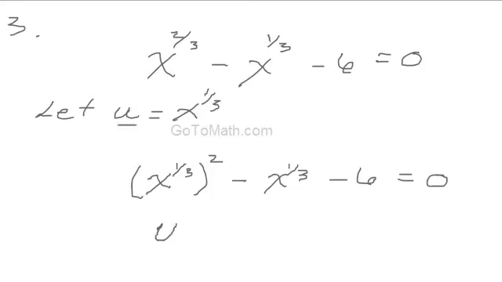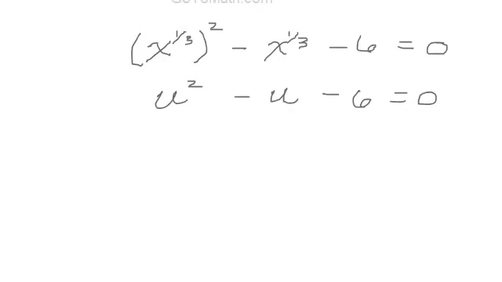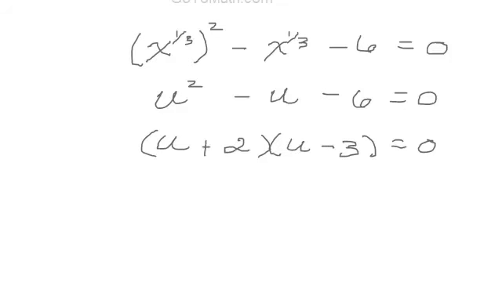Okay. So we're going to let u equal x to the 1/3. So let's go ahead and do that substitution. So this is u right here, squared minus u minus 6 is equal to 0. And now let's see here. Well, I think we can factor this fairly easily. Okay, so what about 2 and 3? This is a minus, so this will probably be a minus and a plus. Right, so plus 2 times negative 3 gives us negative 6, and we add them together, we get negative 1. Alright, so we set both these factors equal to 0,